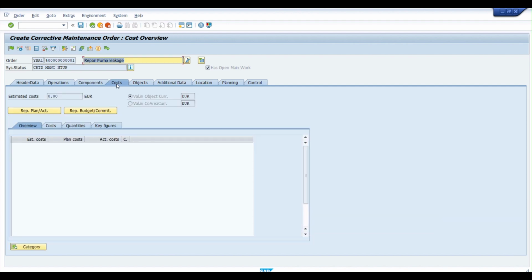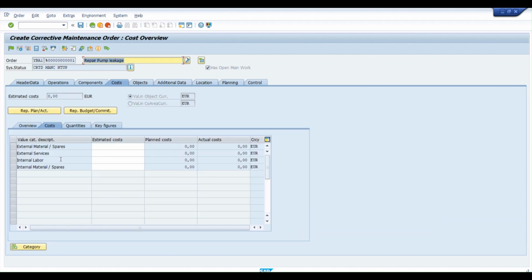wanted to consume, then cost. So this is main here. So here you will see what type of cost this order has. Okay, so if you have consumed any of the materials, then it will come here, this one. And if there is any internal labor cost, it will come here. And any external services that you have taken, I mean, if any vendor you have hired for the execution of the services, then it will come here. And for the external material, if you have procured something, then it will come here. So these are all process related that we're going to see, but just try to understand the basics over here. Okay, it is just an overview,